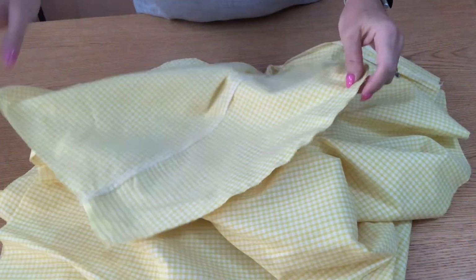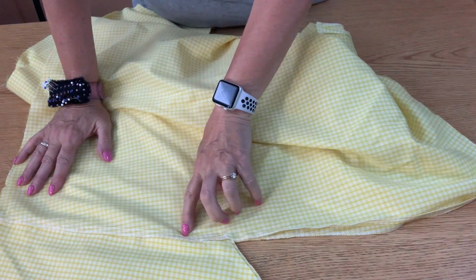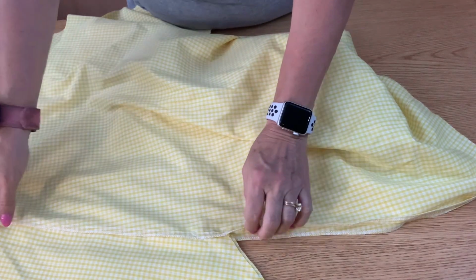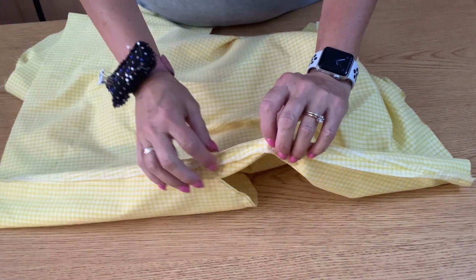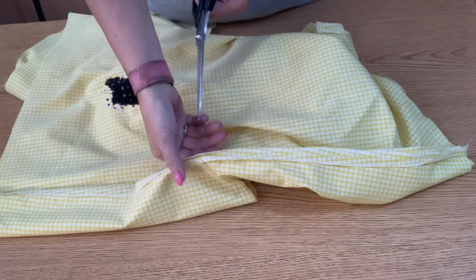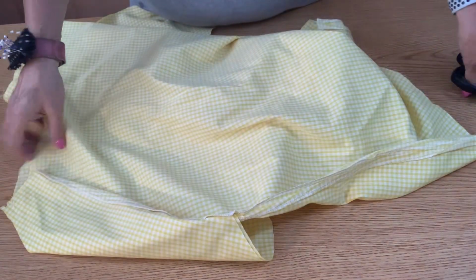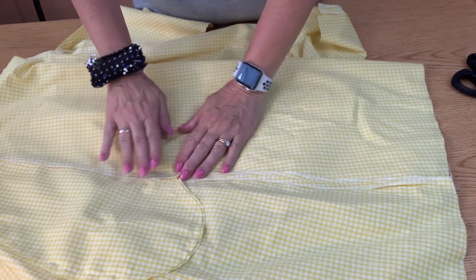Just a couple of things about pockets. When you stitch this bottom piece, you stitch up to that pin, there's kind of an angle here. That's fine. We're going to press these pockets towards the front, and in order to keep your seam allowance open, I mean, you could press it all towards the front. I prefer for a pocket to split it in the back, and I'm just going to put a little notch right in that seam. Not my favorite thing to do, but I want this seam to lie open,